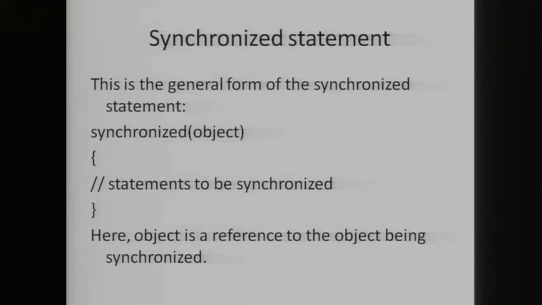Imagine that you want to synchronize access to objects of a class that was not designed for multi-threaded access. That is, the class does not use synchronized methods. Further, this class was not created by you but by a third party, and you do not have any access to the source code, right? Thus, you can't add synchronized to the appropriate methods within the class. So how can access to an object of this class be synchronized now?